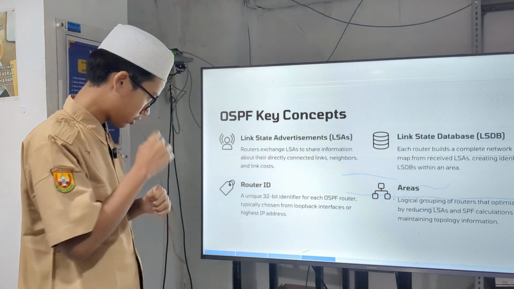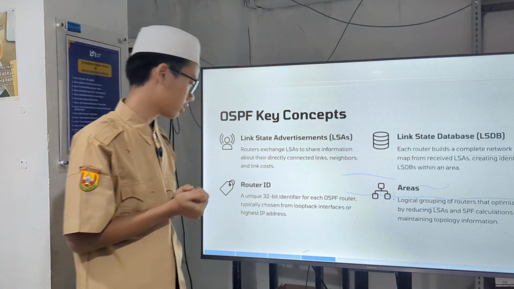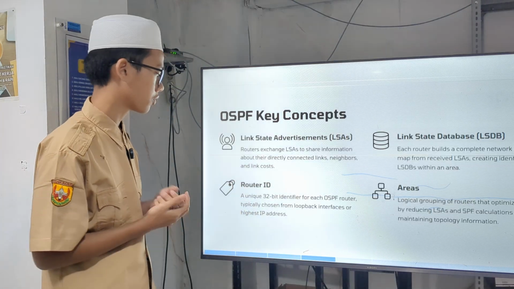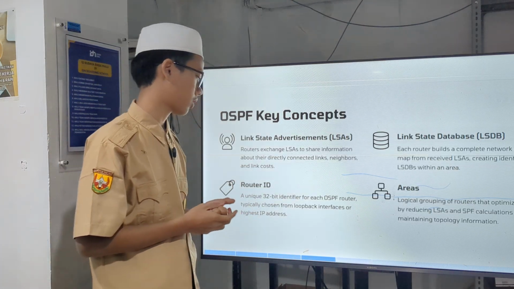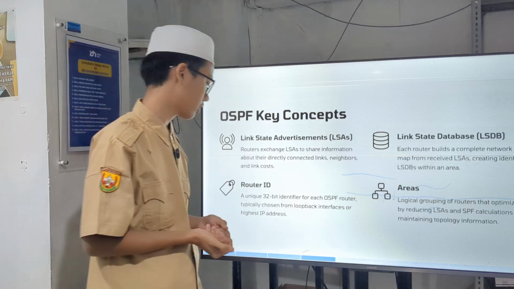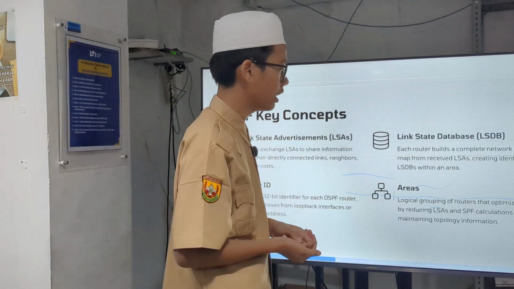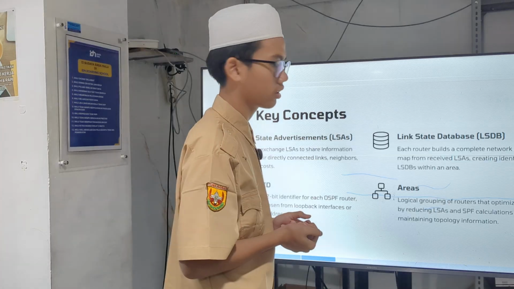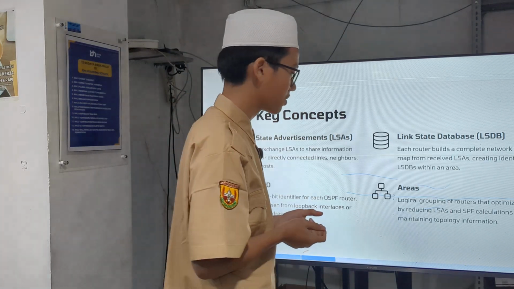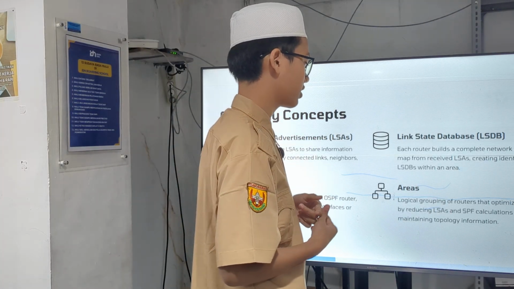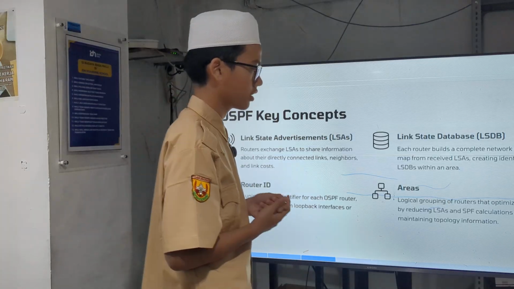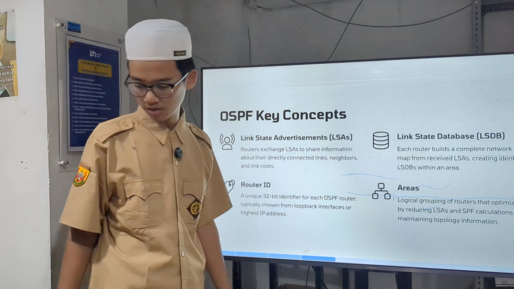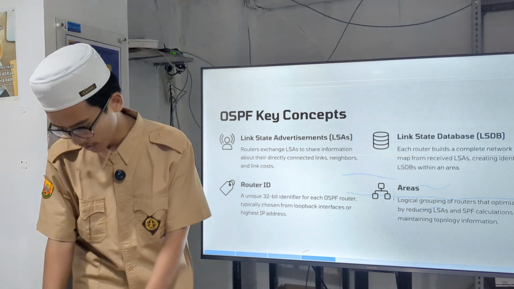Next, router ID, a unique 32-bit identifier for each OSPF router, typically chosen from the loopback interface or highest IP address. And the last is area, a logical grouping of routers that optimizes routing by reducing LSAs and SPF calculations while maintaining topology information. So that's the key concepts of OSPF.